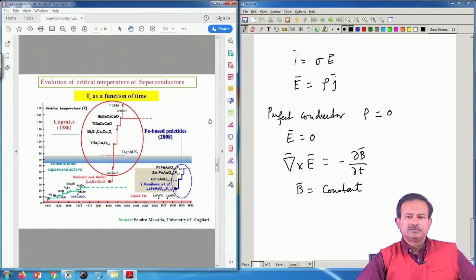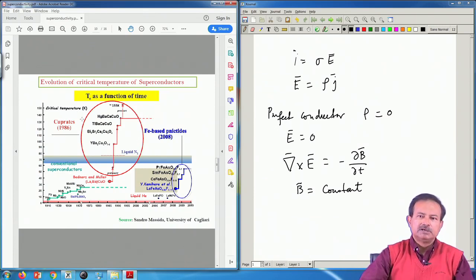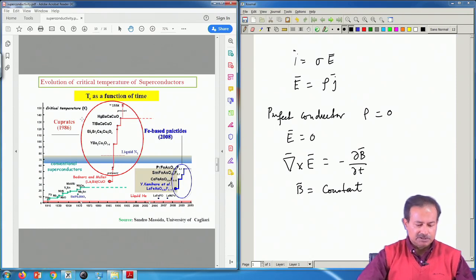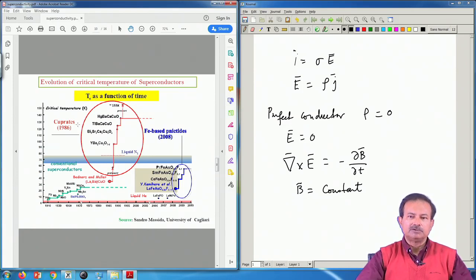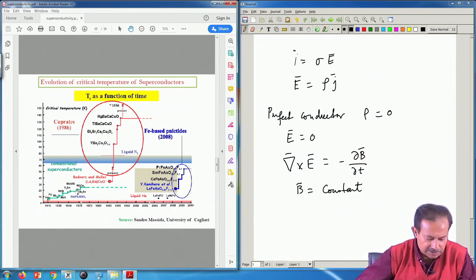So, this is a picture you will see in many places. This is basically how the so-called cuprates, which is Bednorz and Müller's discovery, changed the way we look at superconductivity, and it also dramatically changed our understanding of the theory of superconductivity. So, what it entails is that look at the way this curve progresses between